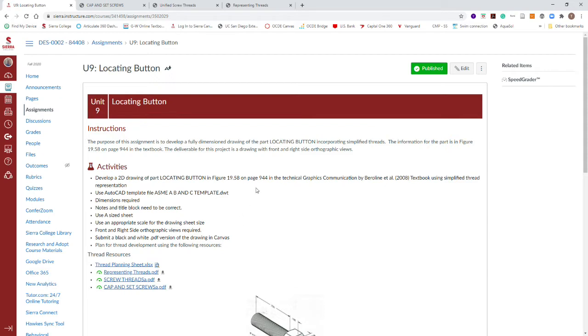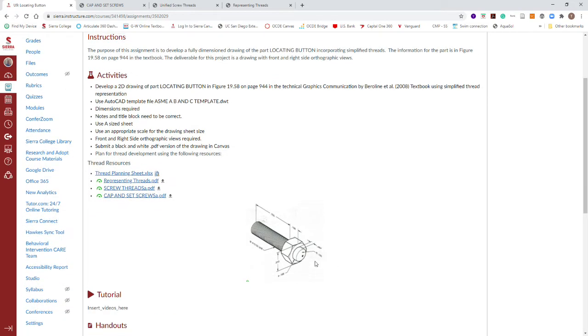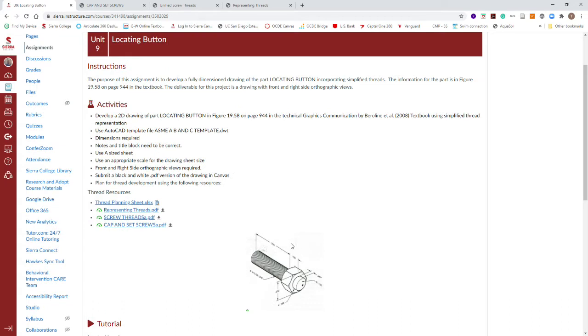Okay, so this is the locating button, and it's on page 944 of your Technical Graphics Communications book in figure 19.58. And so we want to record some information before we start modeling, because we need that information to model the threads properly.